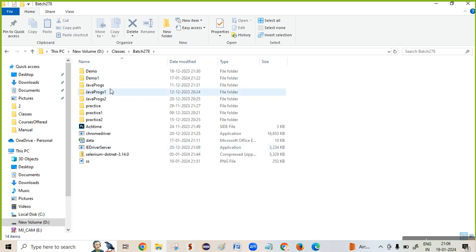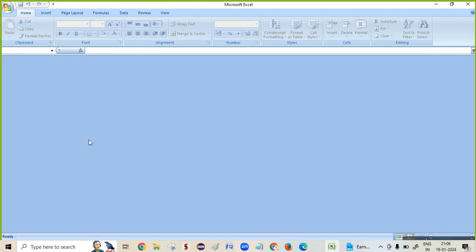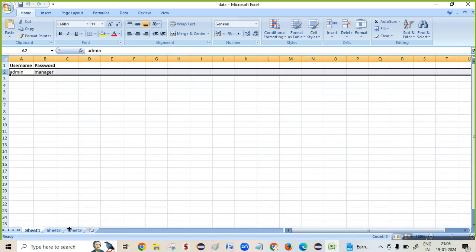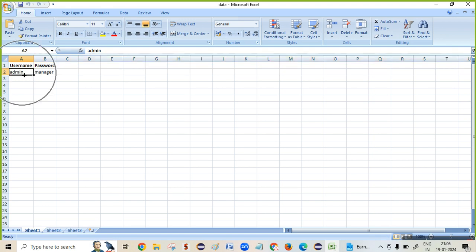Under this, I went to the data folder, then I fetched the file, then I went to that particular workbook. Under that workbook, there are many sheets. Under that sheet, there is a particular row called row 1. Under that row 1, I need to go to a particular cell called cell 0, and I want to get